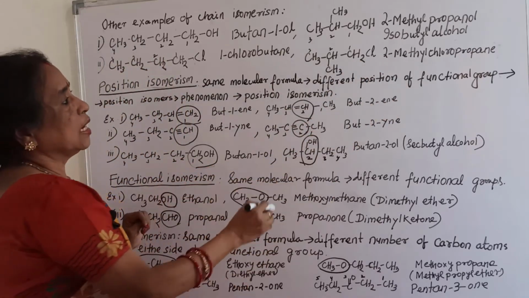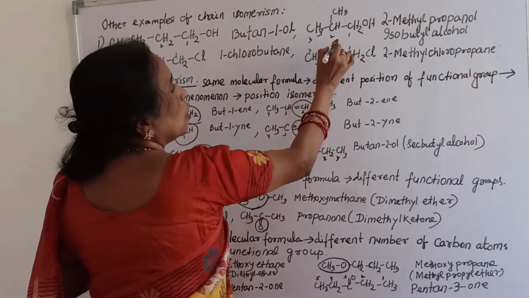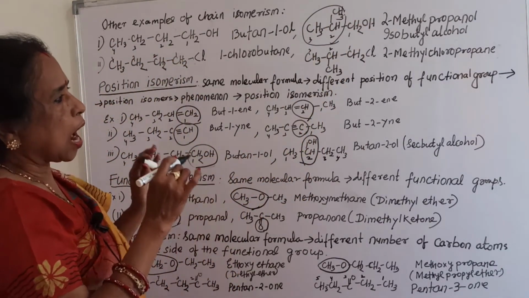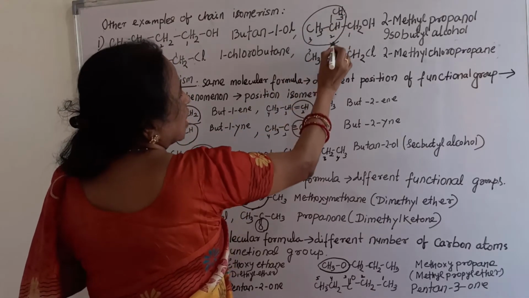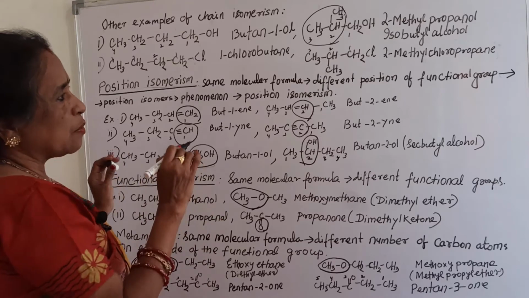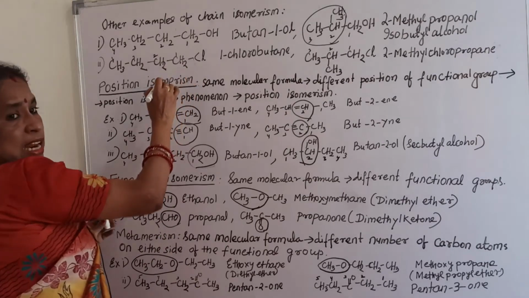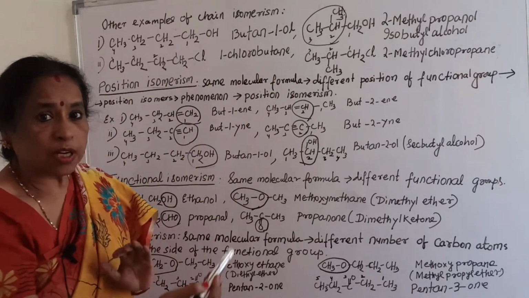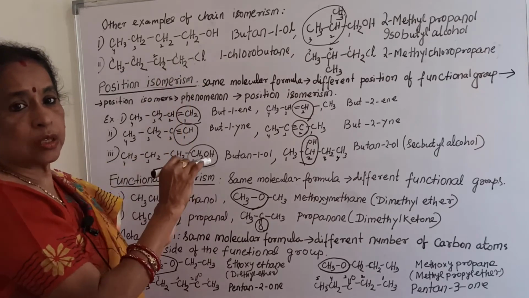Isobutyl alcohol. Why is it iso? Because the combination of this group CH3, CH, CH3, I told before also, if this is the combination, then the name is iso. That means this combination with OH in one position is isobutyl alcohol. And what is the IUPAC name? 2-methyl propanol. Similarly, when chlorine is attached to one position carbon, it is known as 1-chlorobutane. Why 1-chlorobutane? Because there are 4 carbon atoms, and in one position there is a chlorine, 1-chlorobutane.